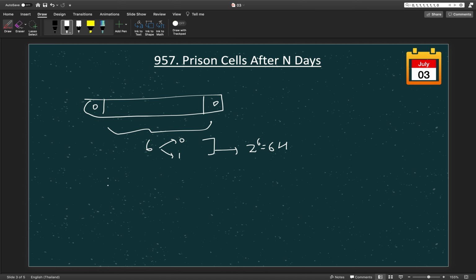So if I start with, let's say, 1 1 1 1 1 1 in these 6 places, and then I iterate, there is a pattern, a total of 64 combinations I can form. So this is basically a finite state automata, and these are the 64 states of this automata. We can generate all of them, and there will be a repetition after that. So we can optimize our algorithm, as you already observed, the pattern will definitely repeat after 64.